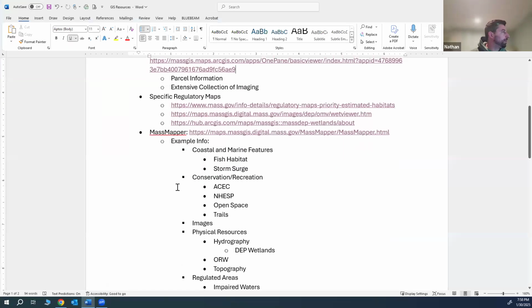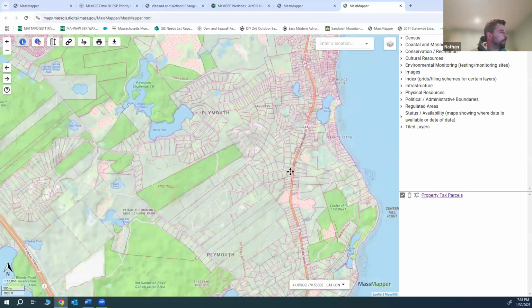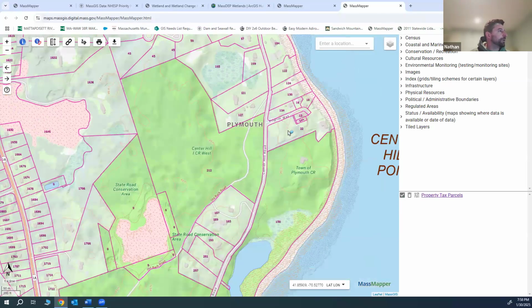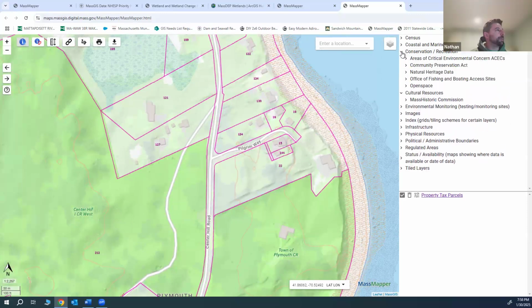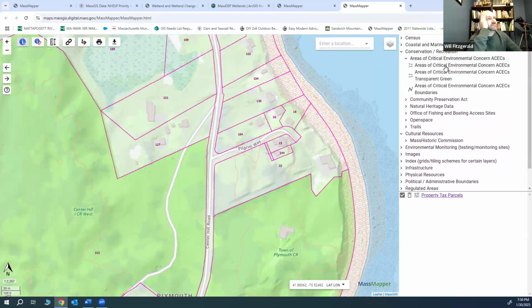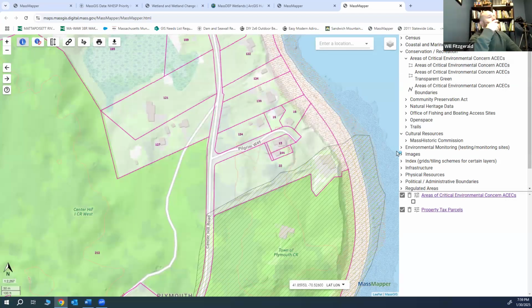So if you go to the one that probably has the most information, which is MassMapper, it opens up like this. I don't know what parcel you're talking about, but let's say it was this one. You just want to have the parcel layer on, and then you go to areas of environmental concern. You see the hatch pop up. So let's say this was the one you were curious about, 22 Pilgrim Way, whatever. You turn on ACEC,